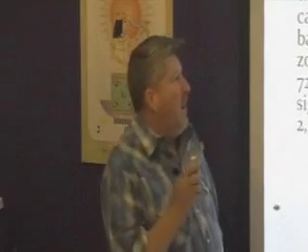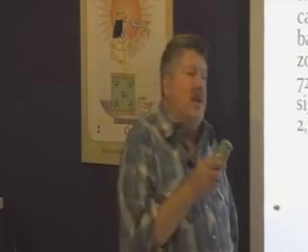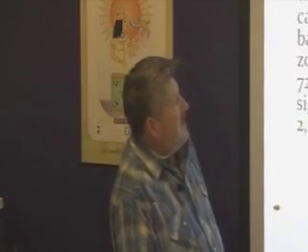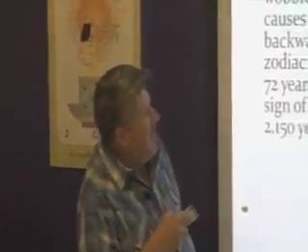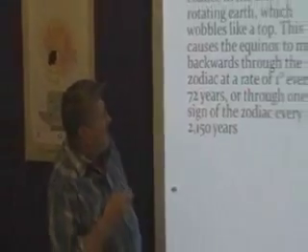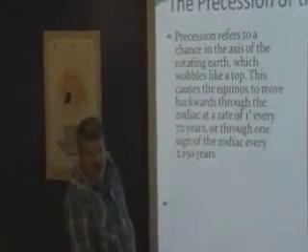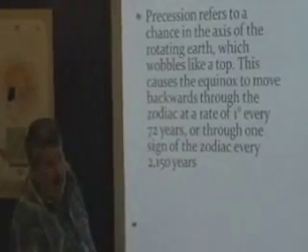It starts to wobble. And so the axis changes and wobbles, and this causes the equinox to move backwards through the zodiac at a rate of 1 degree every 72 years. And that was only discovered about 2,500 years ago in Egypt